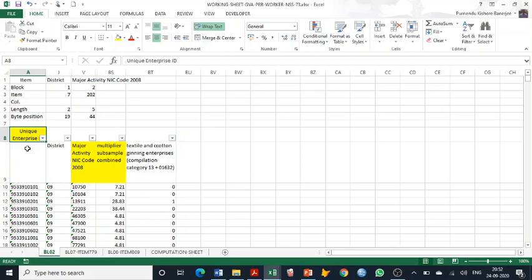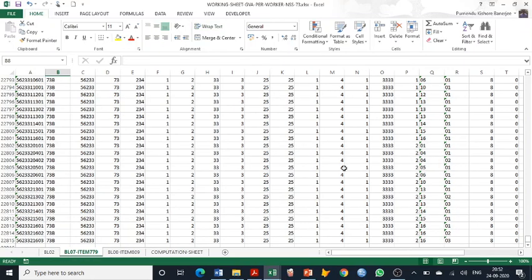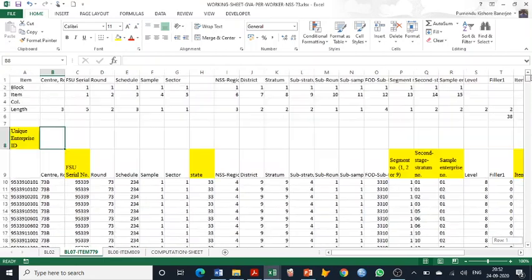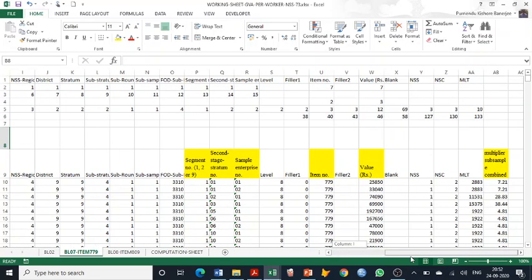For block 2 we required these 5 items. I have taken it in one tab. For block 7 we require item 779, so I used a filter to cut only item 779 and paste it here. So we have all the 779 items here.